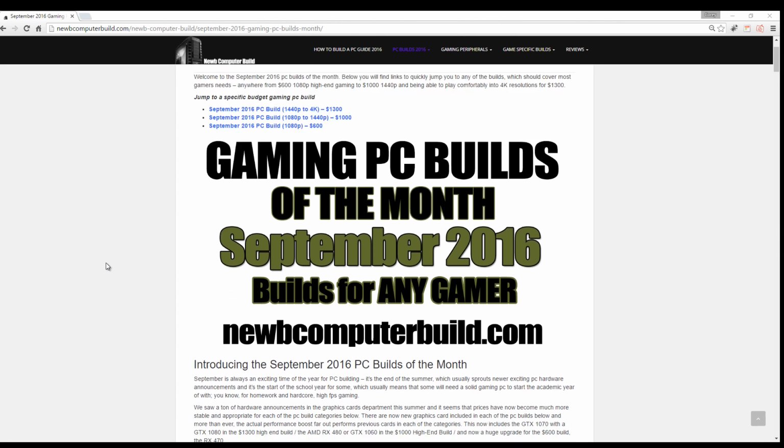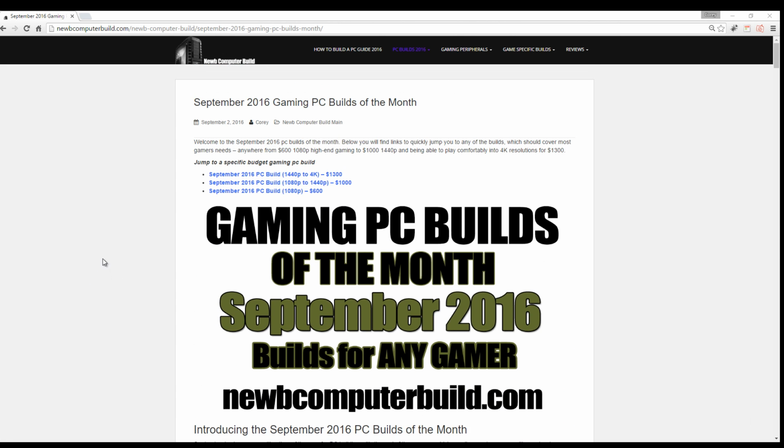September's a good month for all releases. Prices have stabilized on the new graphics cards, and they are included in all of the builds below, including the alternative hardware that I suggest if you have a little more to spend on any one of the builds. But let's get started with the